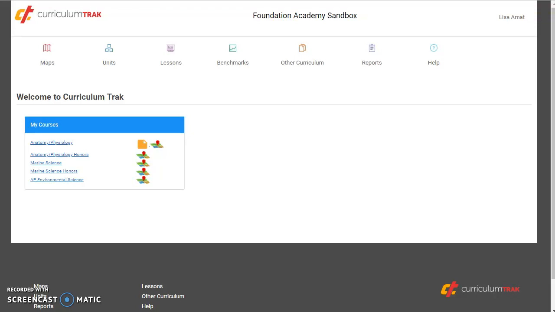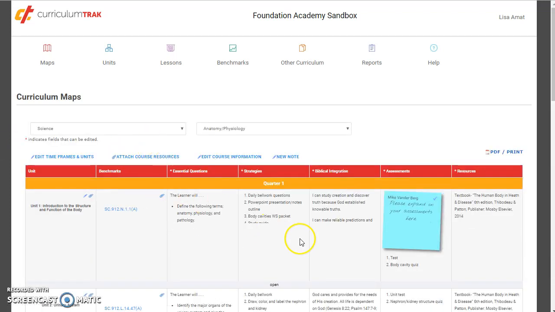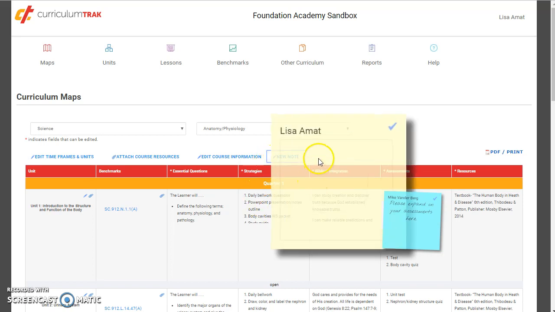During this video segment, I will show you the sticky note feature within Curriculum Trak. I'm currently logged in as Lisa, as a teacher, and these are the courses that Lisa teaches. So I'm going to go to the map here, and to add a sticky note, I click Add Note, and notice it has my name because it's a note that I'm going to enter, and I can type in whatever